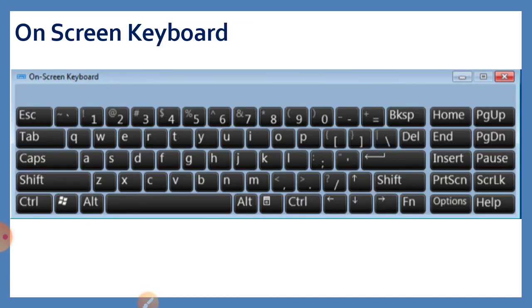Now it is the on-screen keyboard. The on-screen keyboard displays a visual keyboard with all the standard keys as shown here. To use the on-screen keyboard, simply click on the desired key on the screen by using the mouse. The on-screen keyboard does not disable the functioning of the physical keyboard, and it is possible to use both simultaneously. You can customize the working of the on-screen keyboard by clicking on the options button and using different options enlisted in the resulting options dialog box.